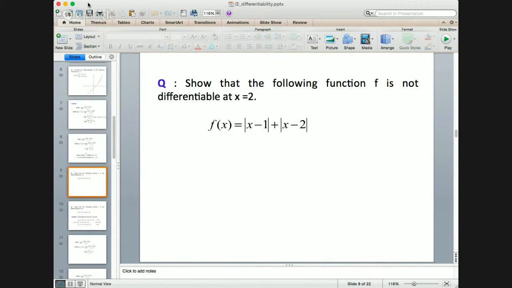Is there going to be more than one such point? I'll leave that for you to try and get the graph and share with us next time. But right now,